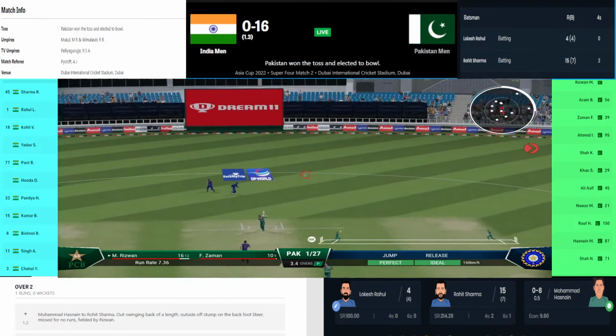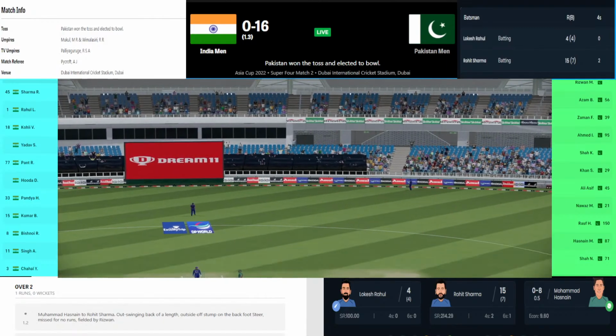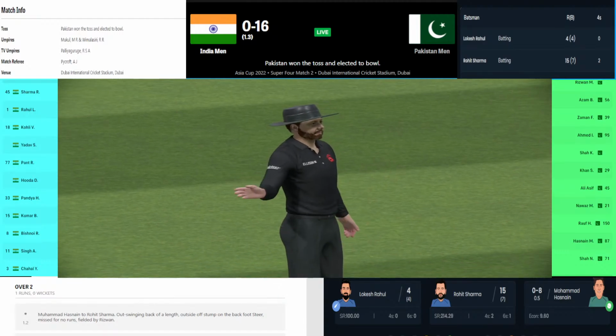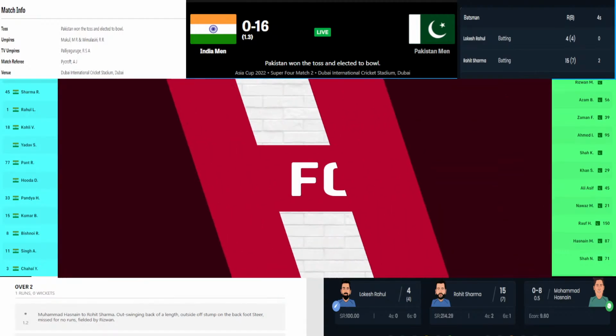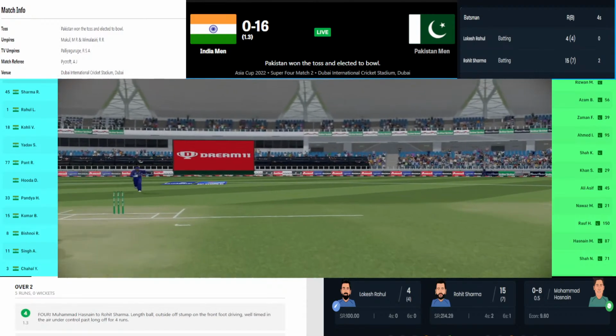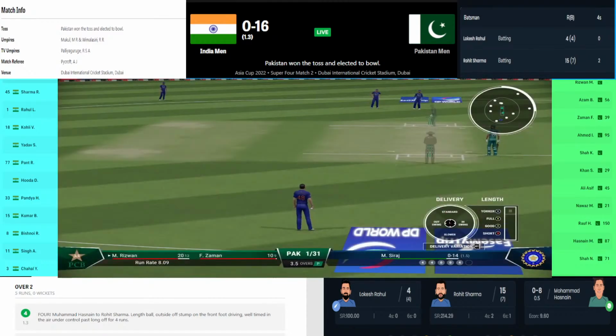1.4 this time. This time it was a good delivery coming back into Rohit Sharma. Rohit Sharma times that ball, just pushes that ball to mid wicket and gets a single. And the knock Rohit Sharma played versus Pakistan in Asia Cup 2018, it was of 111 runs in just 119 deliveries. What a wonderful knock that was back in 2018 from Rohit Sharma.